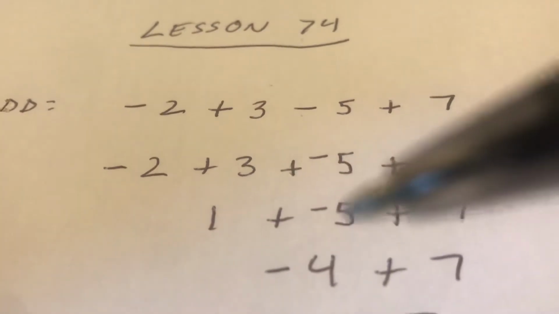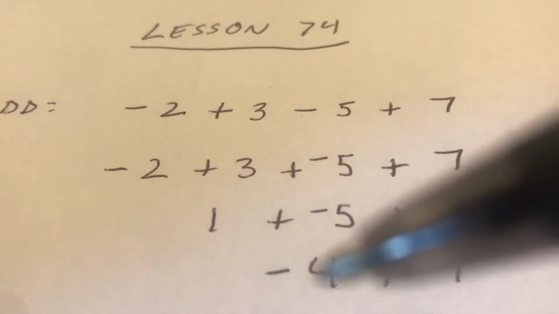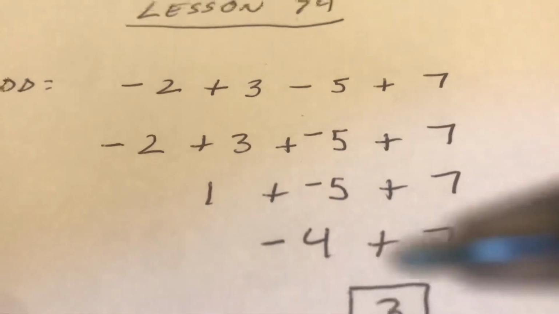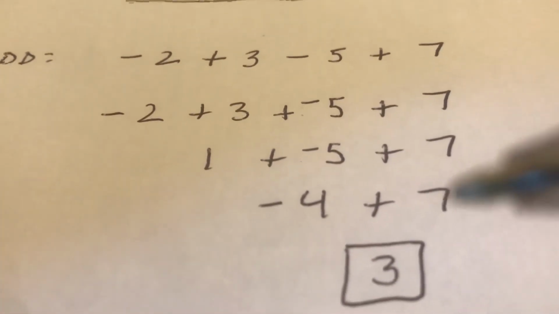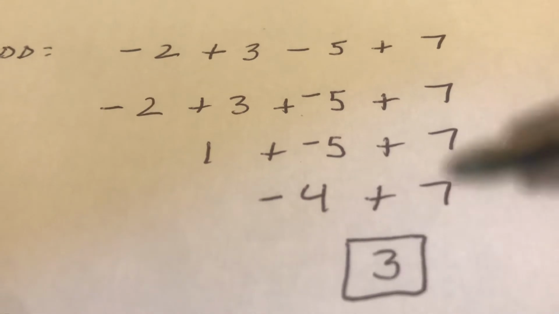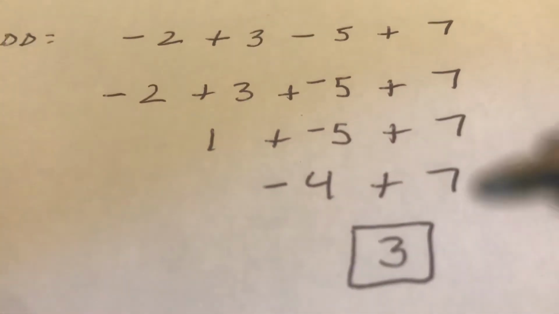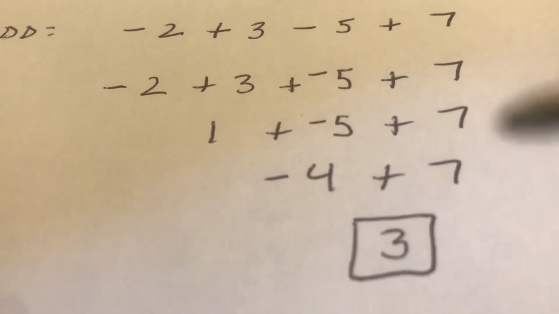1 plus negative 5. 5 is the larger one, so my answer will be negative. 5 minus 1 is 4. And then negative 4 plus 7. 7 is larger, so your answer will be positive. 7 minus 4 is 3. So when you have a negative and a positive, it's the sign of the larger one and then the difference